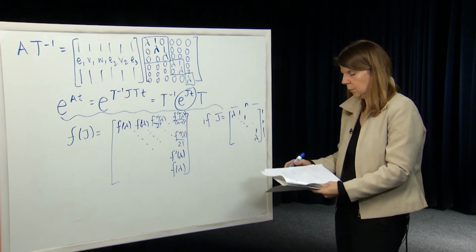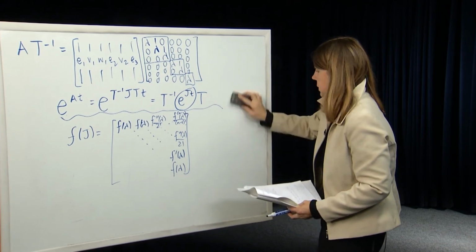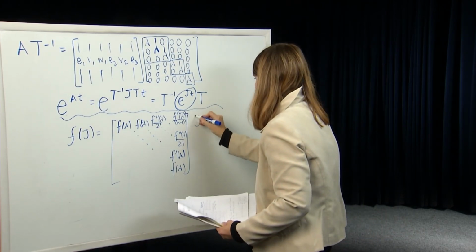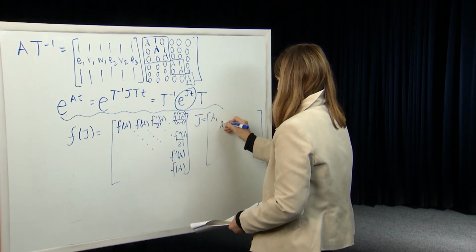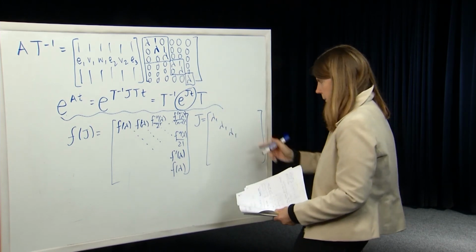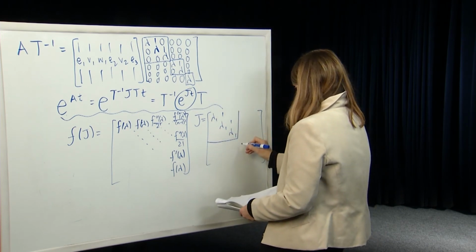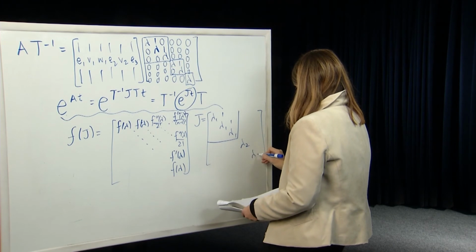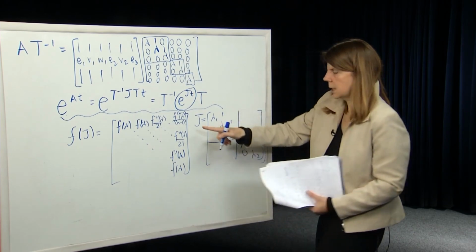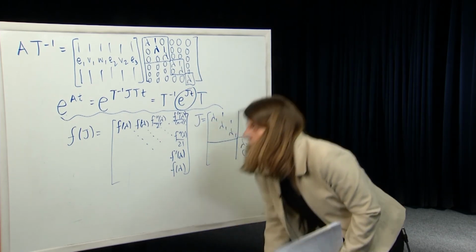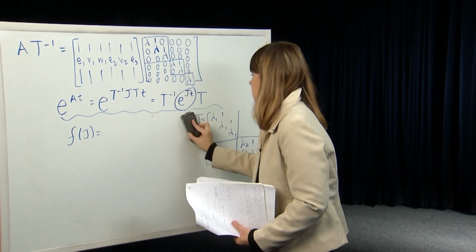And if we had a more general form, suppose now our J has several Jordan blocks. Let's do an example similar to the one we had before. Suppose I have 3 eigenvalues at lambda 1, a Jordan block of size 3 here. Let's put 2 eigenvalues at lambda 2, and let's put a 2 by 2 Jordan block there. Then you can just take this result for f of J and extrapolate it. So here f of J is